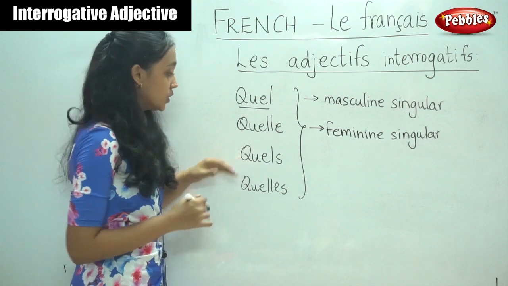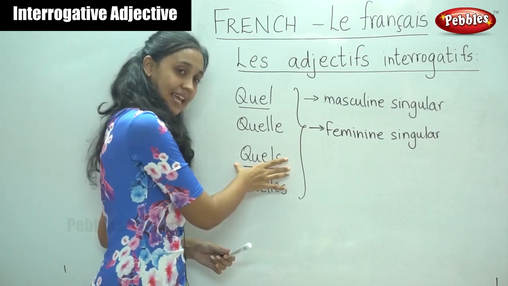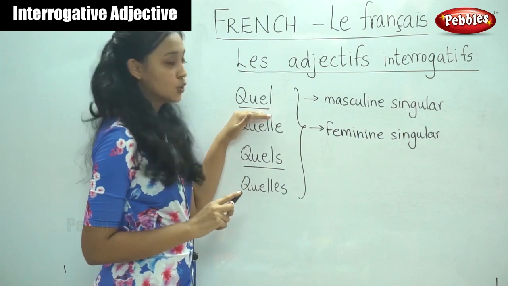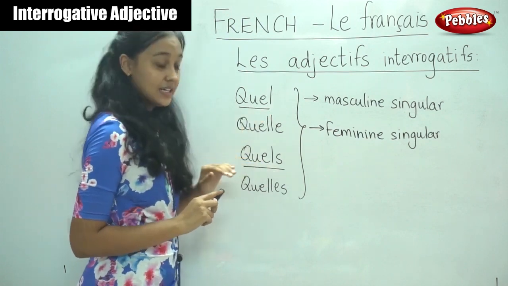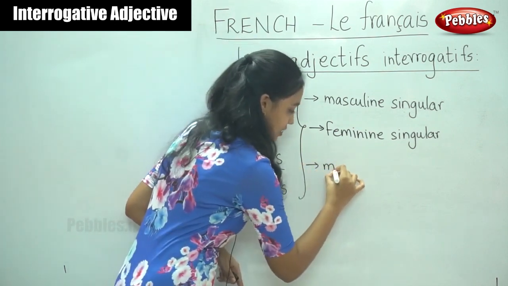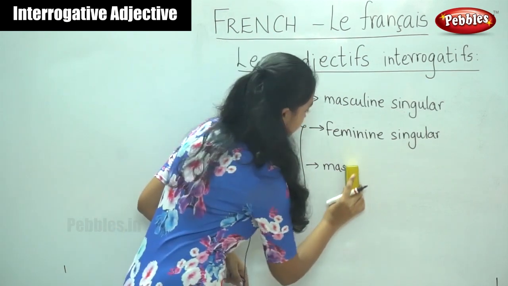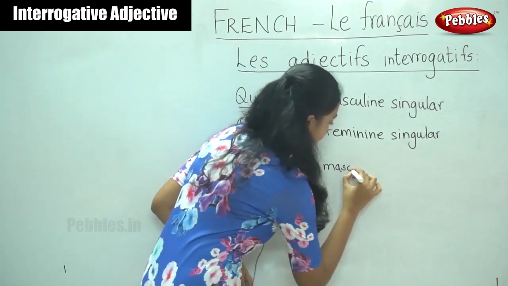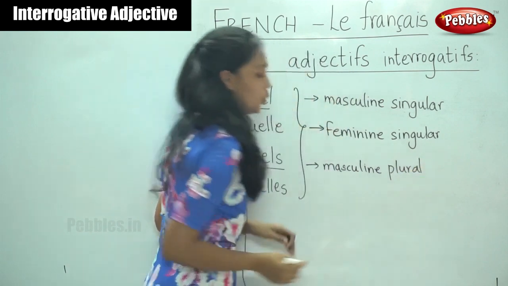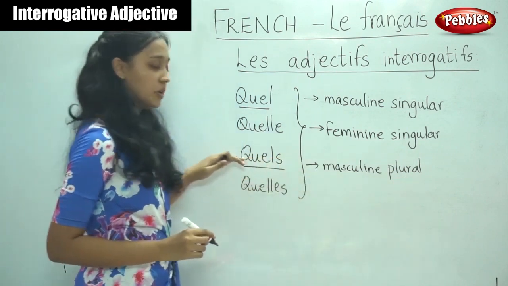Now, when would we use this word, quels? It is also pronounced quel. It also means what or which. How does it differ from the use of this quel? This word is used in a sentence where the noun is masculine plural. So when the noun is in the masculine form but it is in the plural form, we use quels,